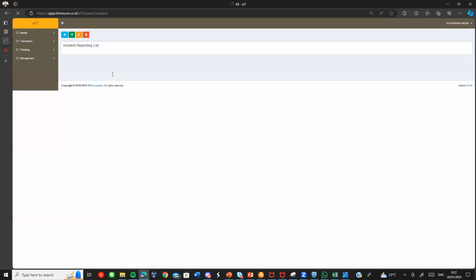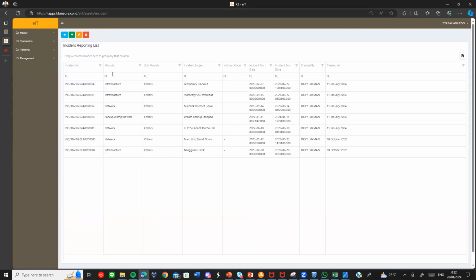And the last menu in the AIT is the incident reporting. This is currently based on the IT logbook too. They are just storing the incidents in the system, but specifically recording the timestamp with calculation up to the second.